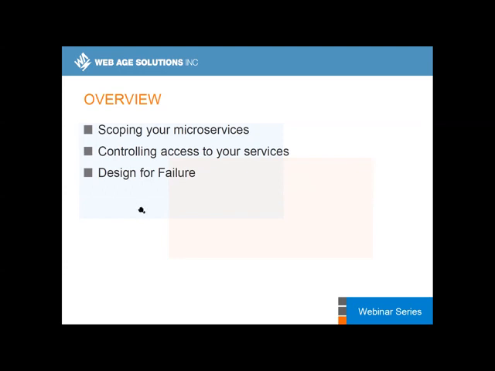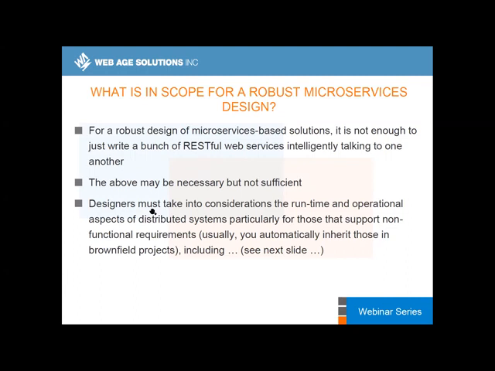Microservices is a new, I guess, way to look at something that we have been doing for quite a long time, be it SOA, service-oriented architecture, or maybe your regular applications as well. So what's in scope? Some people equate microservices with RESTful web services that have some smarts. They can intelligently interoperate with other RESTful web services, and that's pretty much what microservices are all about. And this is definitely what reminds us of what we did to create SOA services.